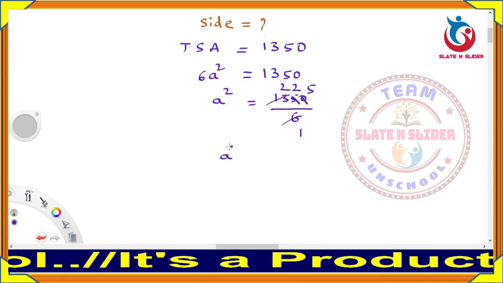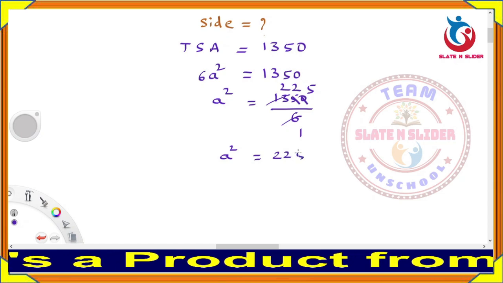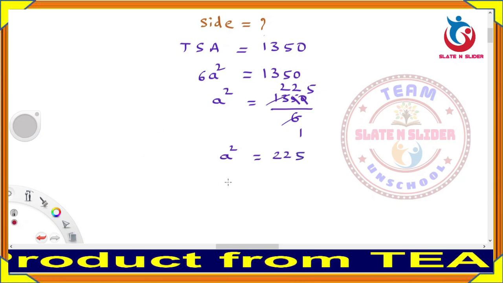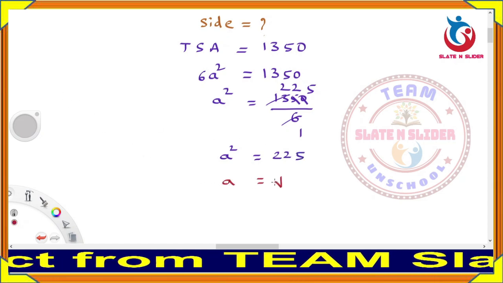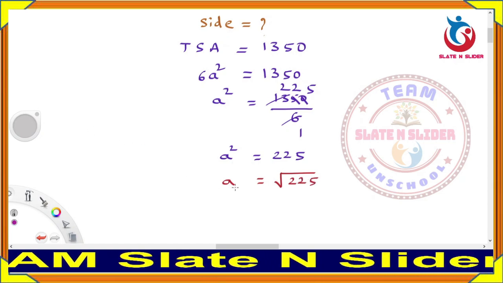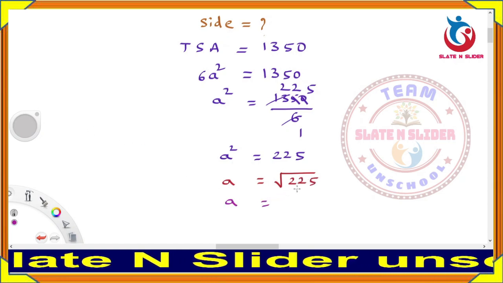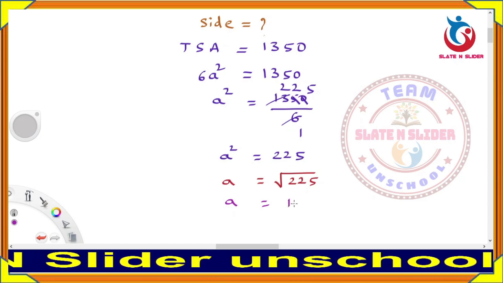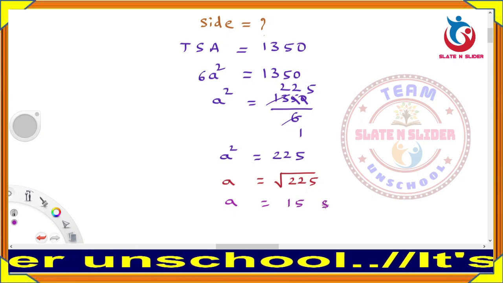So a square is equal to 225, and to find a we have to send the square to the other side, then it will become root 225, and a is equal to the square root of 225, that is 15. So 15 meters